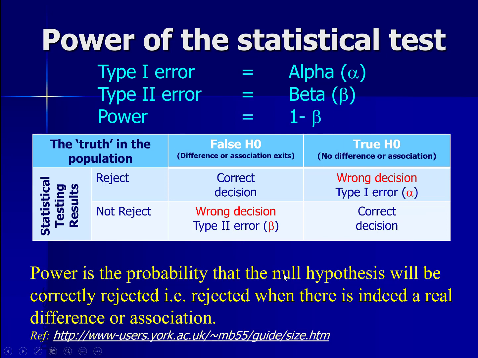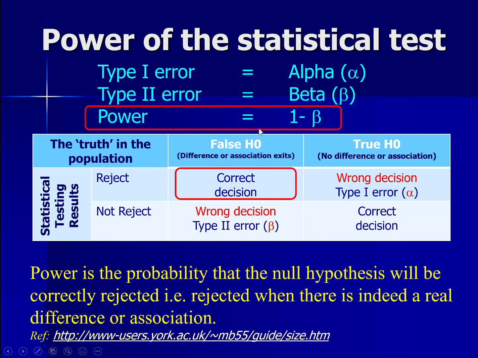Okay, so now I introduce another one. This is about the power of a statistical test. In the formula of sample size calculations, we have Z beta. If you decide beta equal to 0.2, that means you aim for a power of 80%. So here is the definition of the power, 1 minus beta. That means you make a correct decision by rejecting the false, meaning that you reject